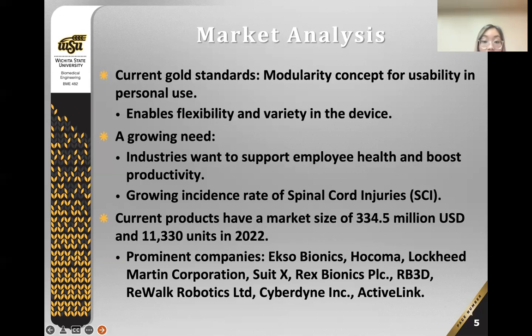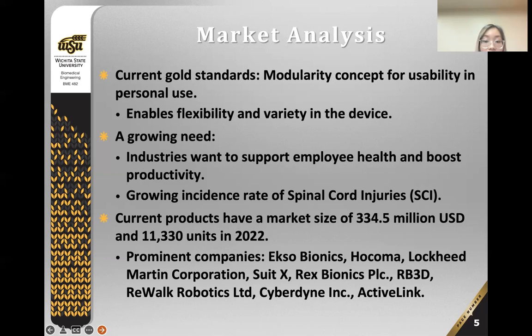movement. The current products in the 2022 market have a size of $334.5 million and 11,333 units. And the prominent companies include Exo Bionics, Hokoma, Lockheed Martin, SuitX, Rex Bionics, RB3D, Rewalk Robotics, Cyberdyne, and